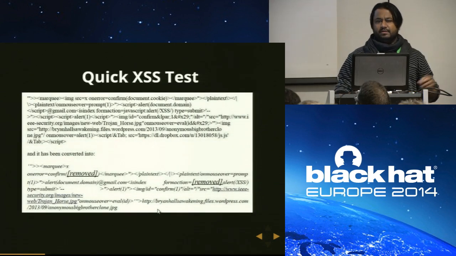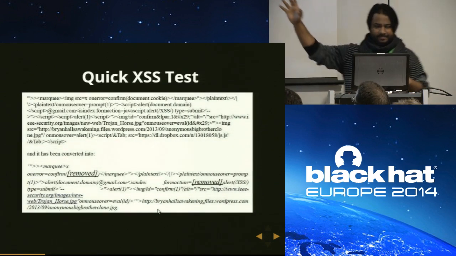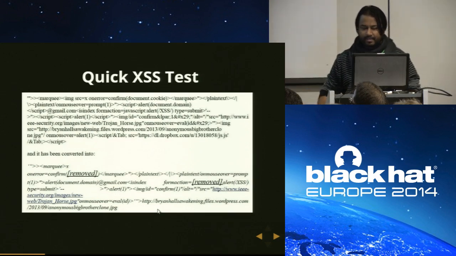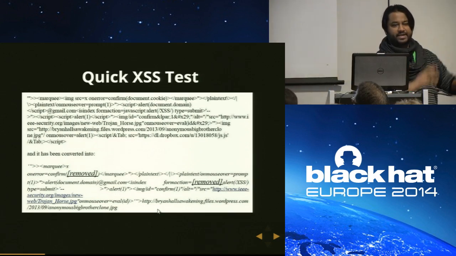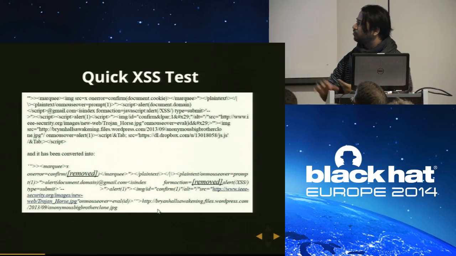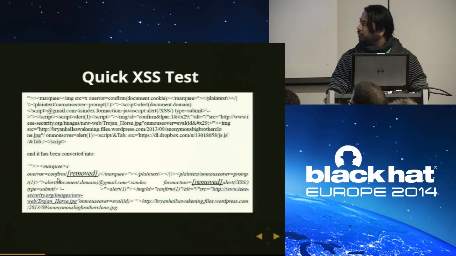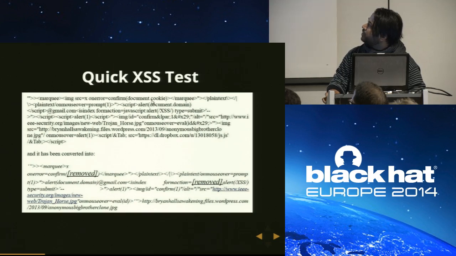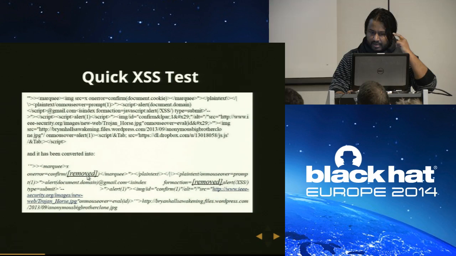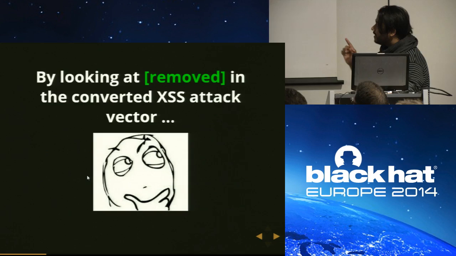Just a quick test. Just a crazy XSS vector. I throw it in the text area, and I receive this output. It does not work because they are properly encoding everything. But one thing I noticed, see here in the vector there is document.cookie. They have converted this document.cookie into the word removed. This removed, by looking at removed,